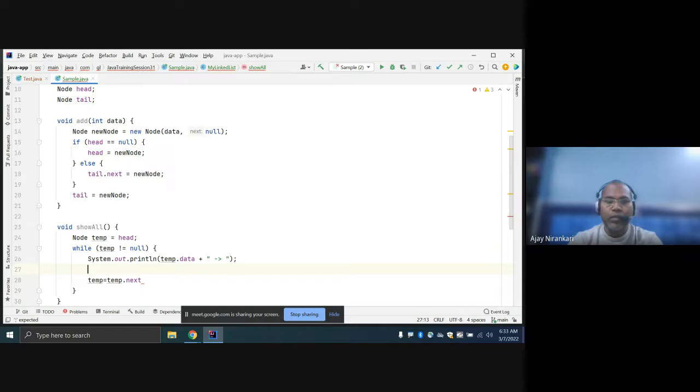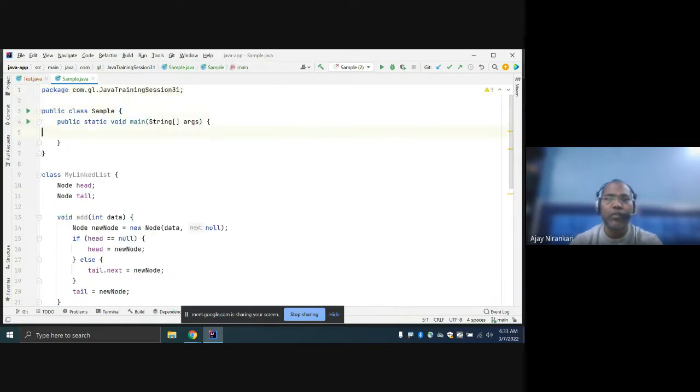First you print your head data, and after that head next, temp next data, until you're not equal to null, and just print one blank value. So here just check our code works.